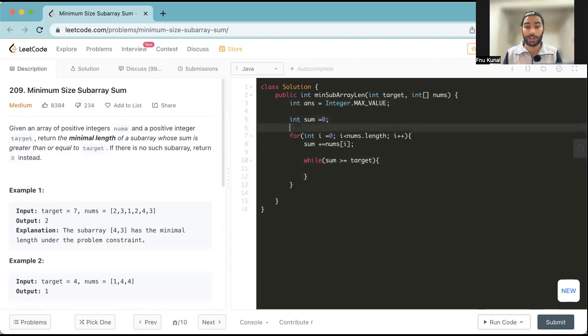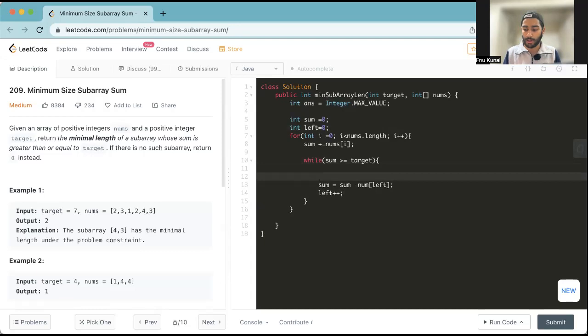Okay, so for that I need a left index counter for the count of the left element. Left is equal to, let's make it 0 at first, because the indexes start from 0, right? Okay, if my sum is greater than or equal to target, what do I need to do? I need to delete the element which is at the leftmost possible, and I will need to increment the count of left,